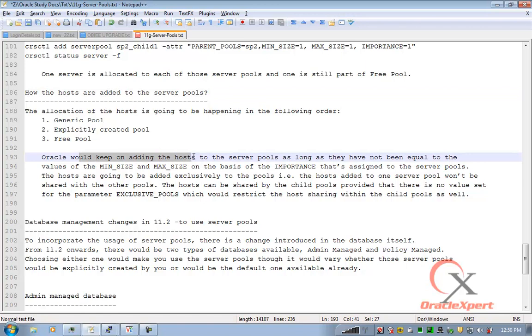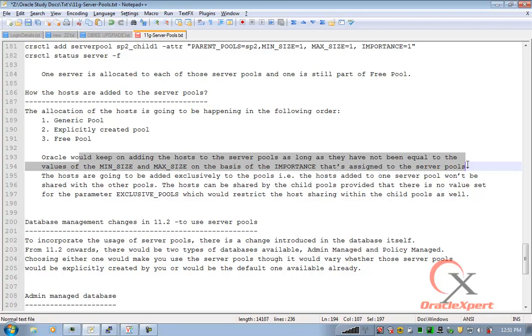Oracle would keep on adding hosts to the server pools as long as they have not become equal to the value of min size and max size, based on the importance value assigned to that pool. So Oracle would keep on adding servers. Now this applies where you have not cherry picked the servers.